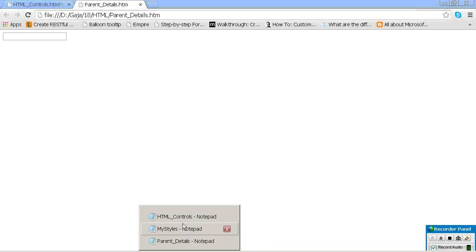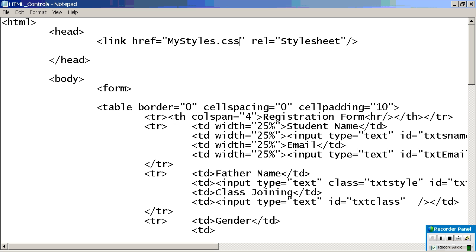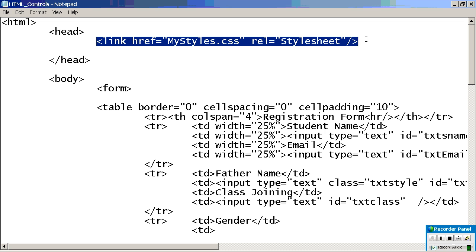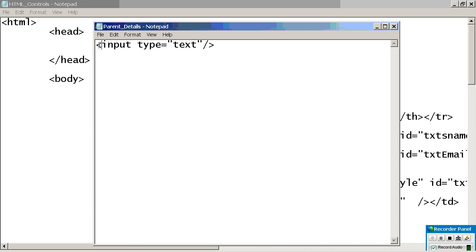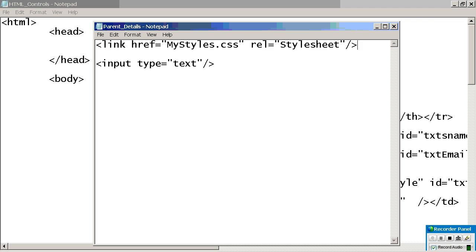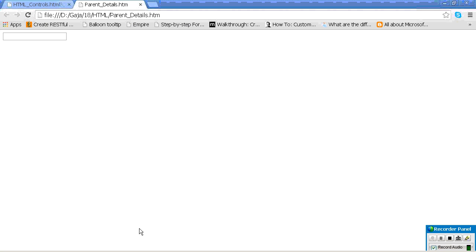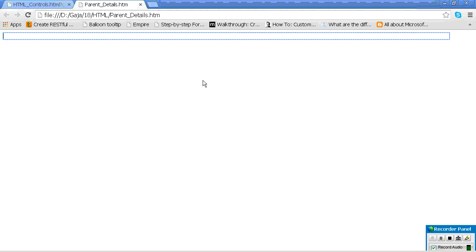Now see, I will link up this one. Are you understanding? 100% means you haven't specified any width for the parent control. You have kept it separately. So let's see if the style is affected or not.